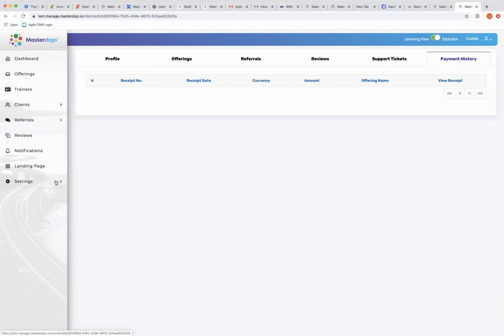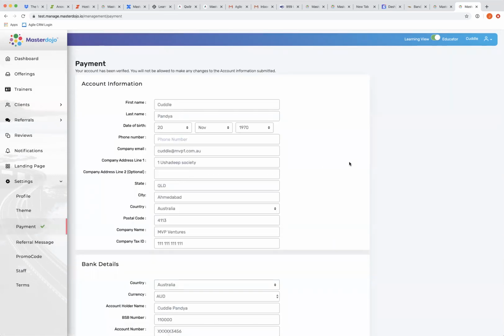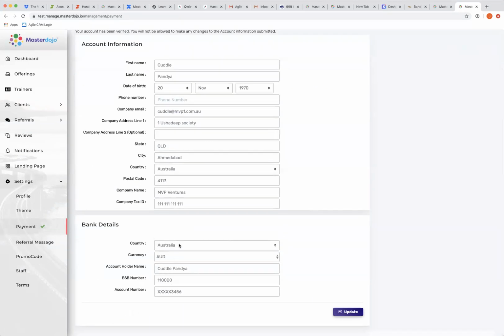So I'll show you. Under the settings, you go here and you go to payment. You set up your bank account details. This is your account and the bank account details. You also have to provide the identity verification documents. But whatever account you set up here,